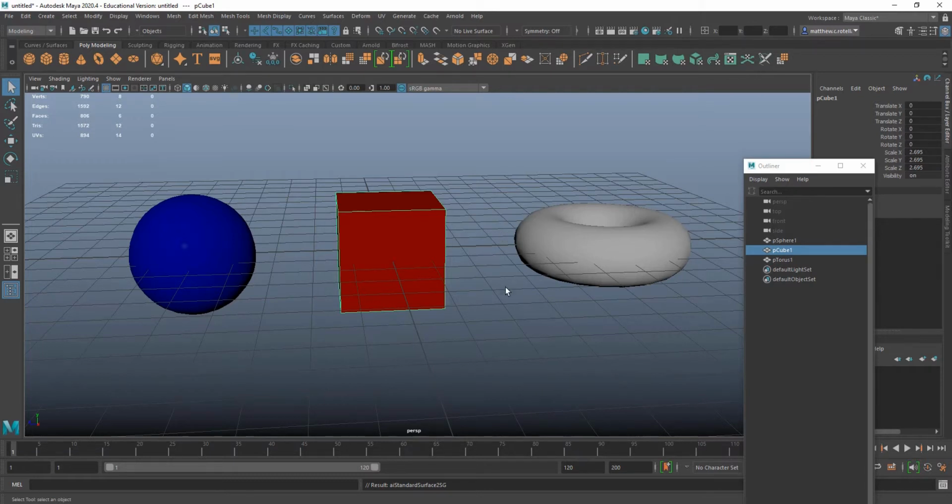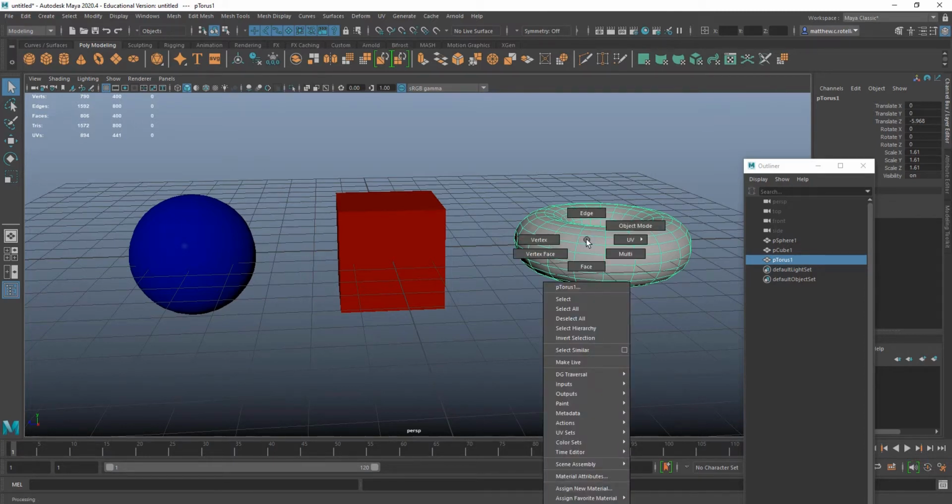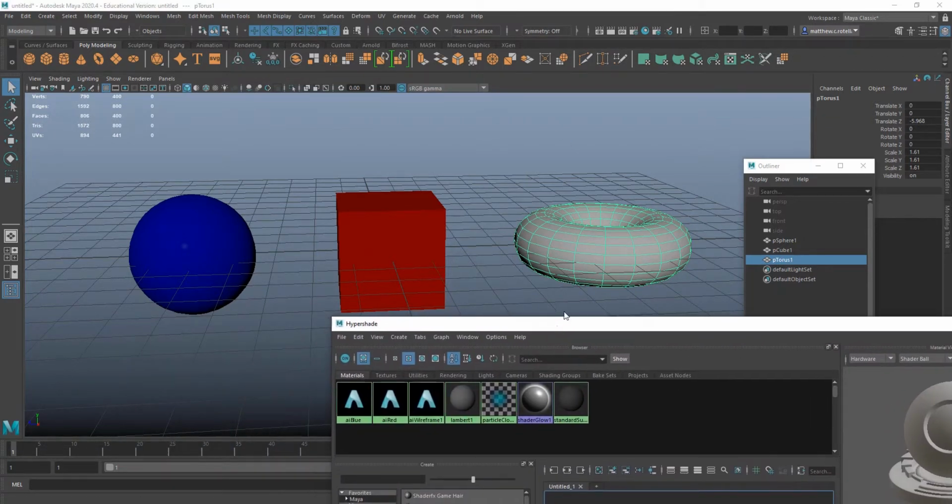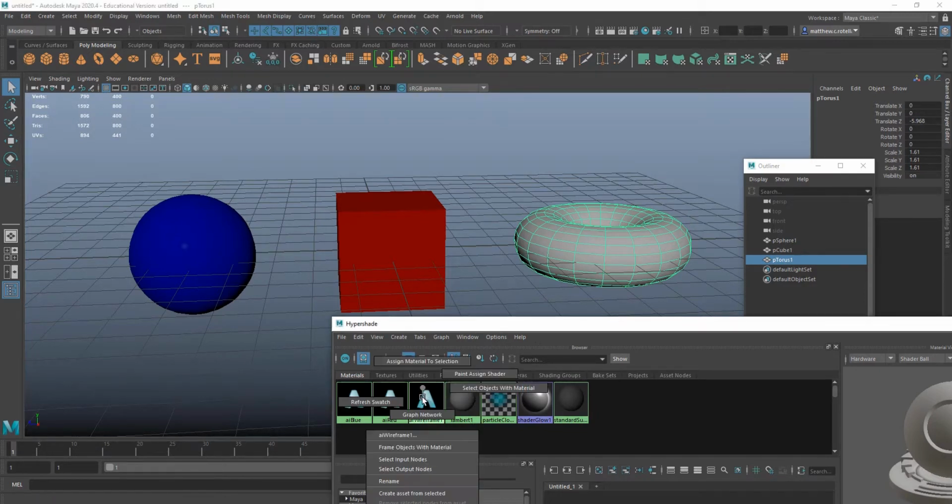And then this torus, I'm going to put the wireframe shader on. So I'll hold down right click, or even again, I'll just do the Hypershade thing where I select the object, which this is, and usually when you have the Hypershade open like this, it's easier to use when you have a lot of materials that you need to browse through as opposed to looking at a big pop-up list. At least it is for me. But I'll hold down right click again to bring up this fly menu. You have to make sure that this is still selected over here, and then